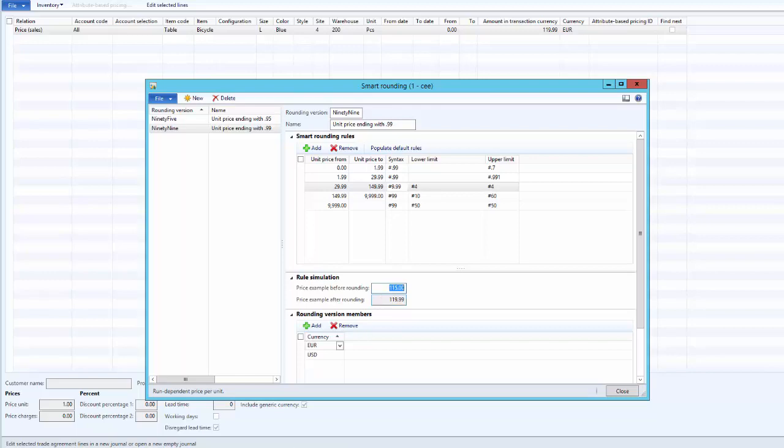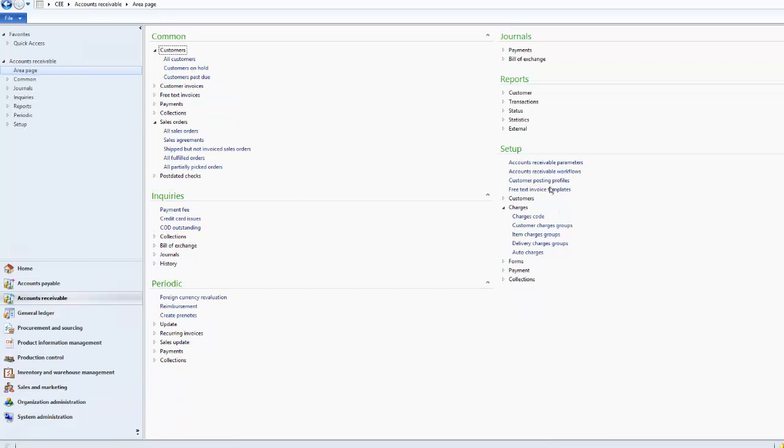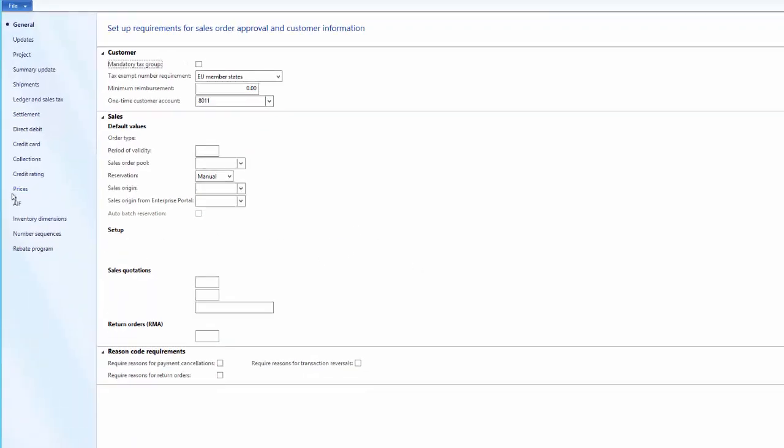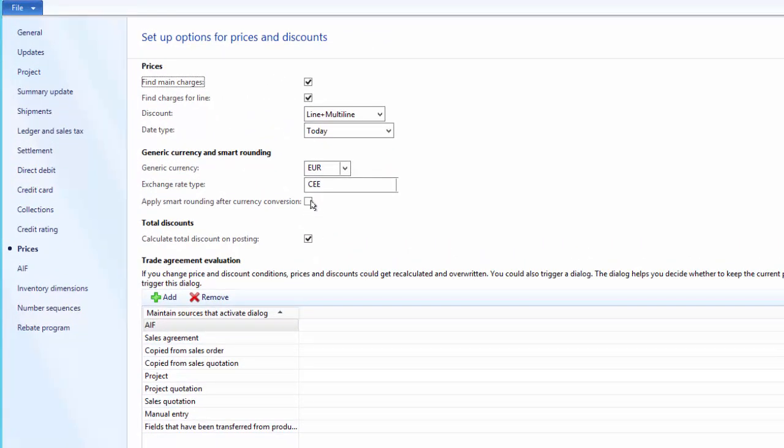And let's review one more setup, that is in the accounts receivable parameters. Under the prices tab, here we have a checkbox, apply smart rounding after the currency conversion. So when we use the concept of generic currency, and we have a sales order in a currency other than the one we have set up as the generic currency, after the conversion of the price, the smart rounding principle will also be applicable on the converted currency.